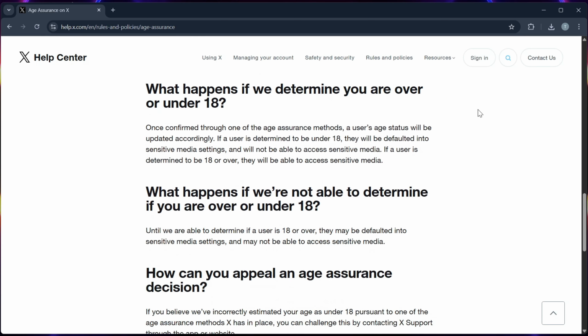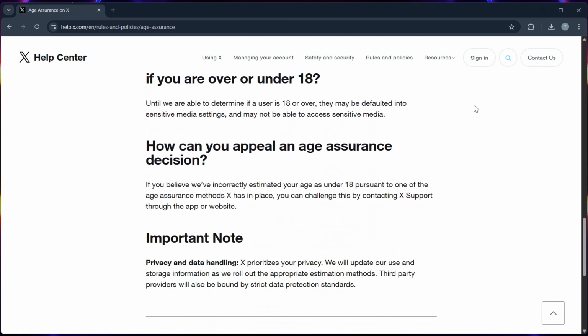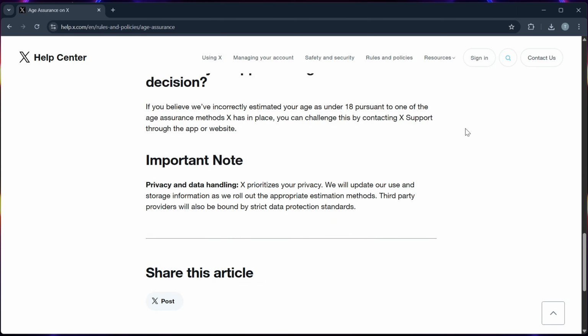Step 6. Once you are verified, your check mark in your profile will be shown, and then age verified status are enabled. And you can adjust privacy and visibility in your settings.